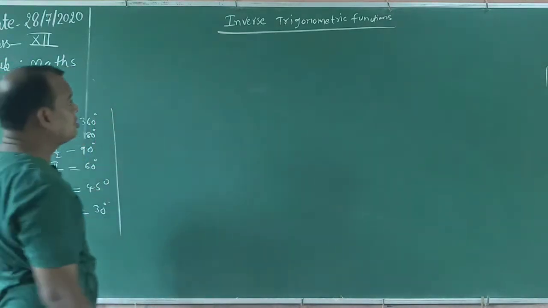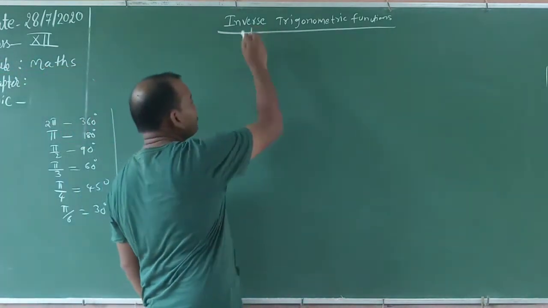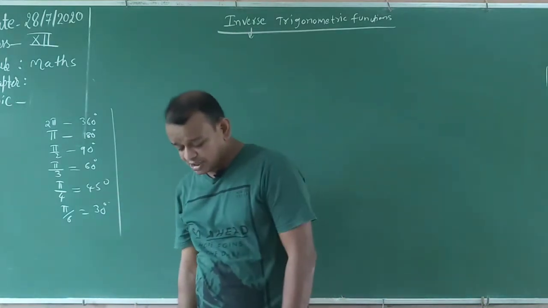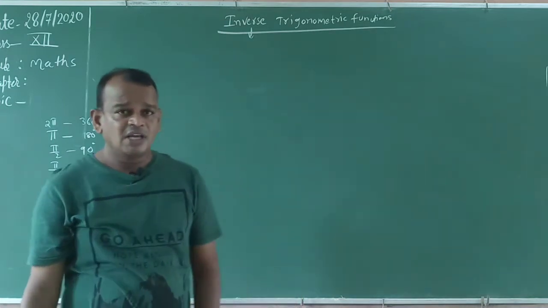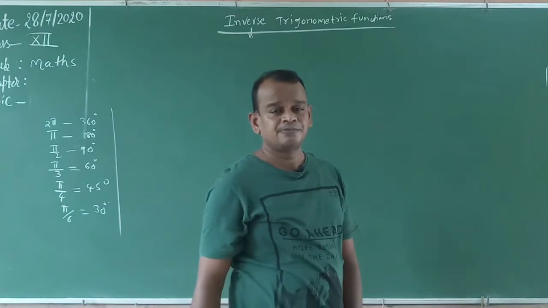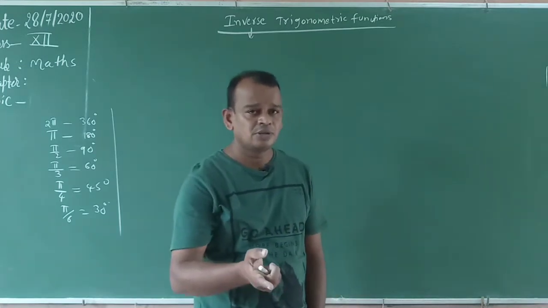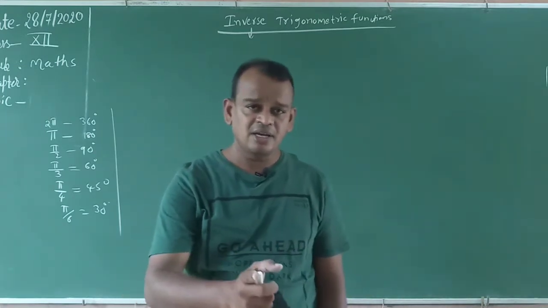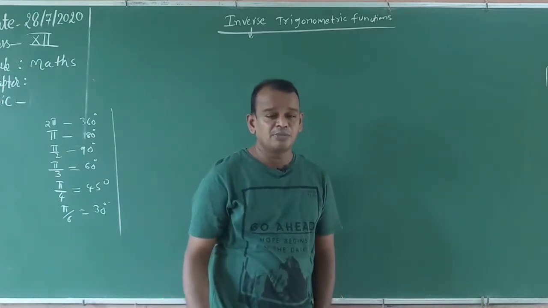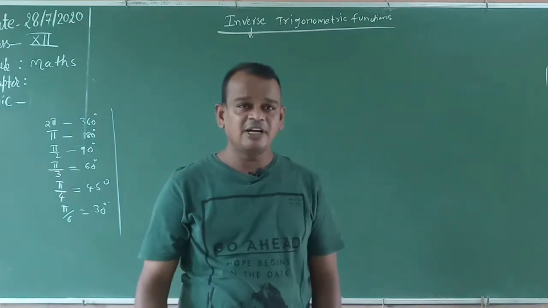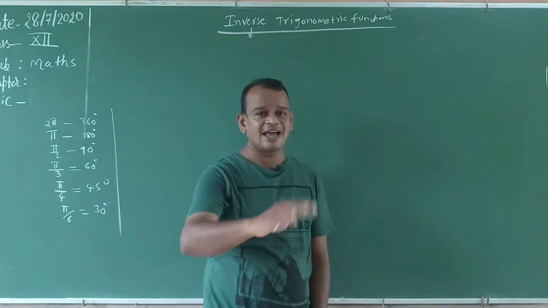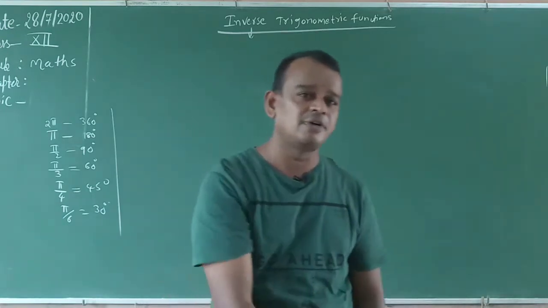Now we have discussed the inverse trigonometric functions. Okay, what is the inverse function? You know very well. Inverse means the function must and should be a bijective function. What is the meaning of bijective? The function is one-one and onto. What is the meaning of one-one? Different elements have different images. Different elements of A having different elements in B, then the function is called a one-one function.